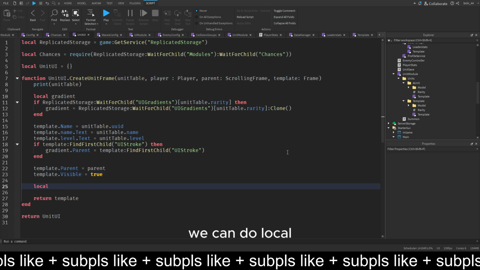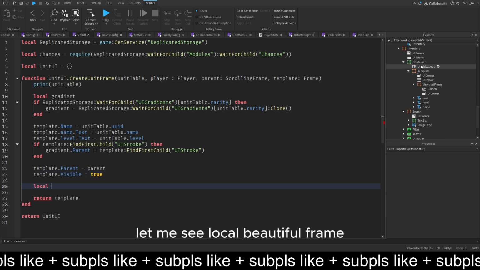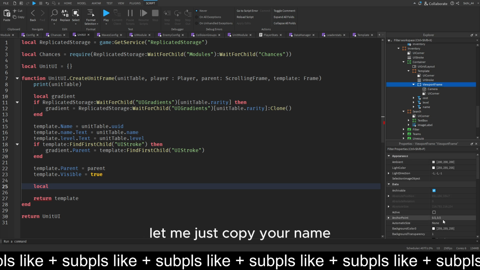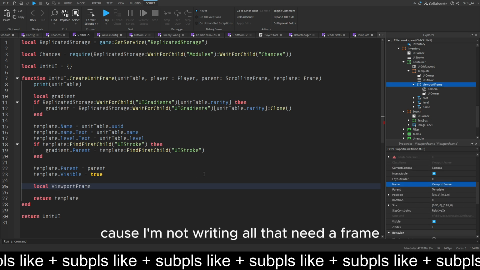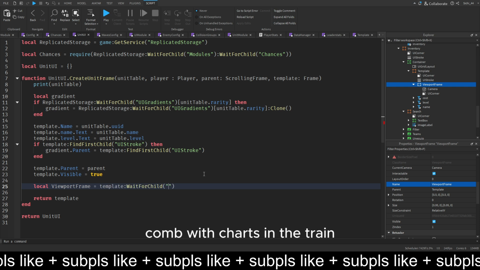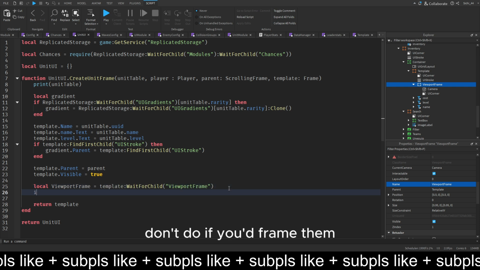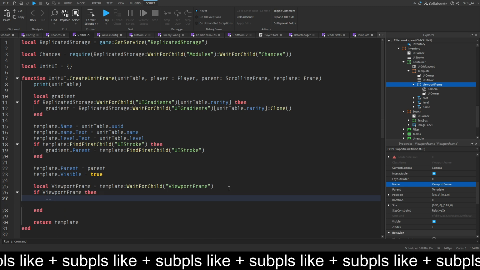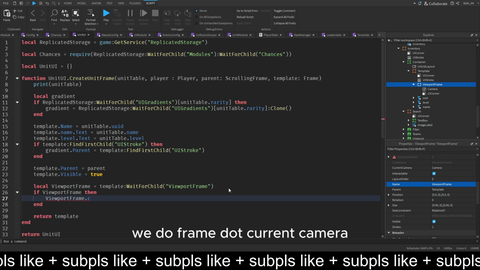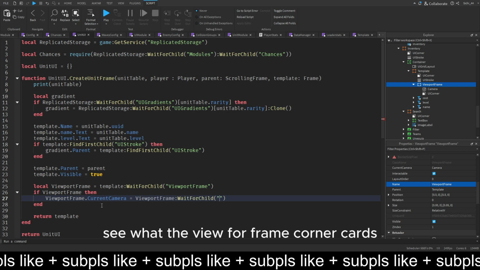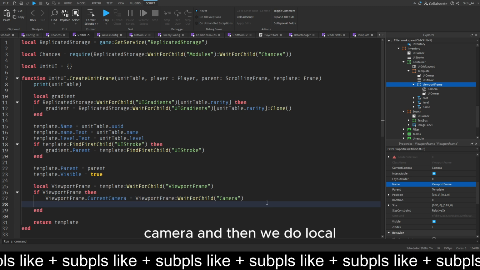Then we can do local viewport frame. Let me just copy the name because I'm not writing all that. So you go to templates, viewport frame. And then we do if viewport frame, then we do viewport frame.current camera. It's current camera, right? Yeah. So you go to viewport frame, camera. And then we do local